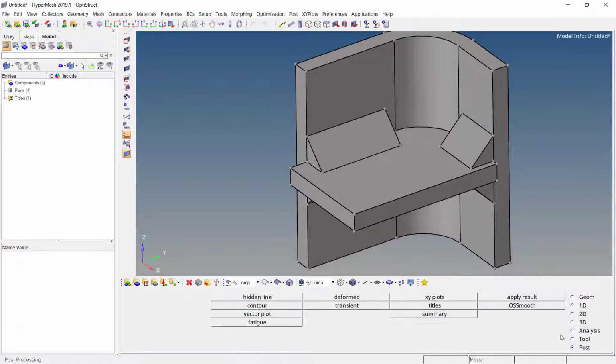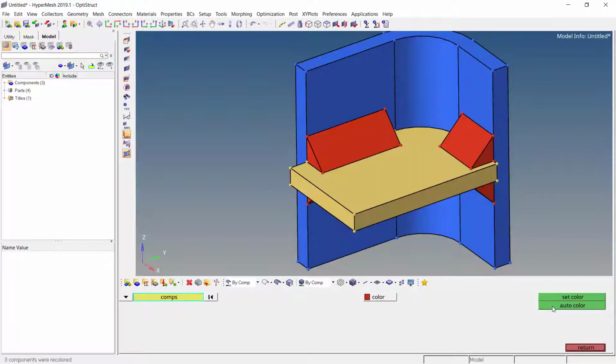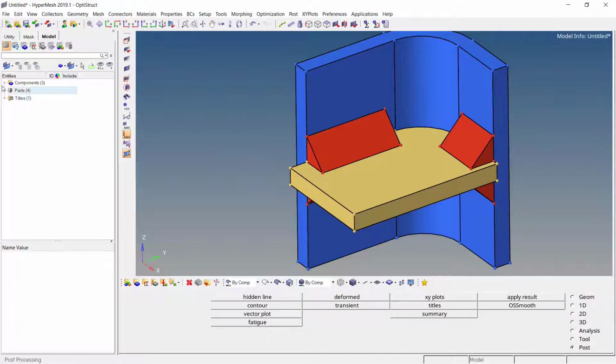Now let us return these things. Again go for Shift F1. And here let us select all the components and set them to auto color so that it will be very easy for us to segregate the components. Now if I go for component, let's say instead of solid weld underscore 4, here I will simply put the name as welds. Then again for the blue component, I will rename this component as a bracket. And for the yellow component, I will simply rename it as a plate.